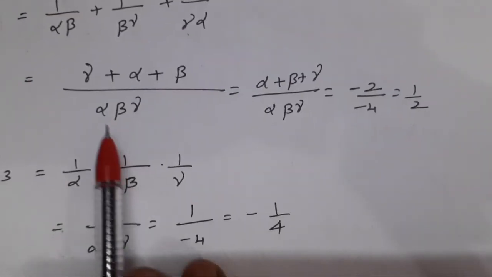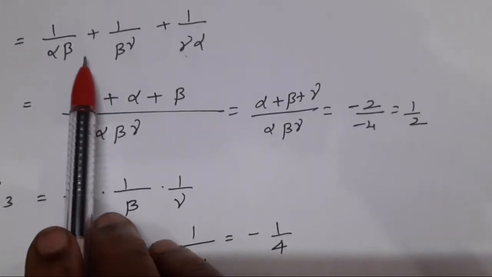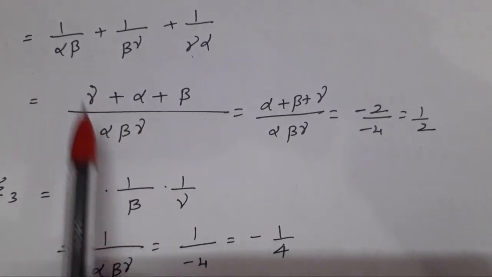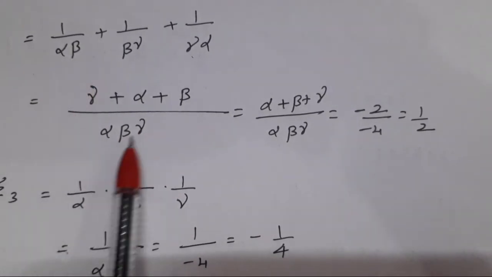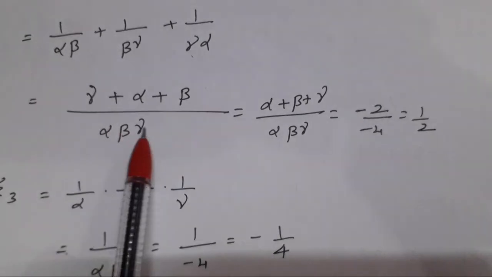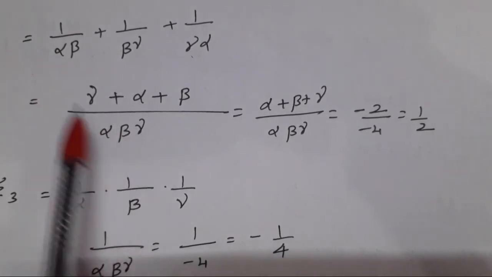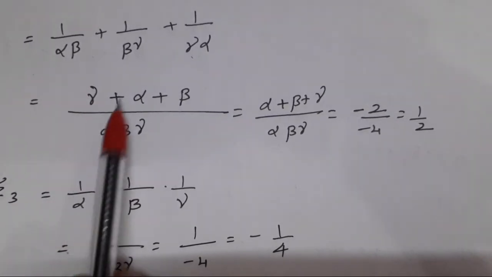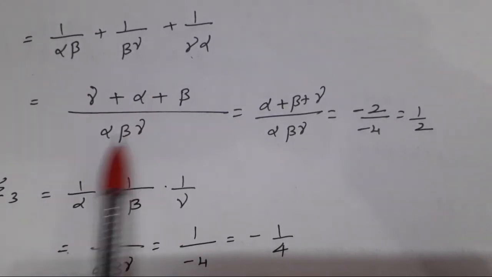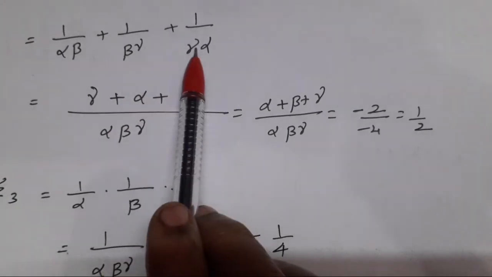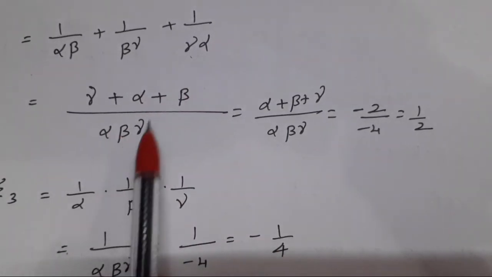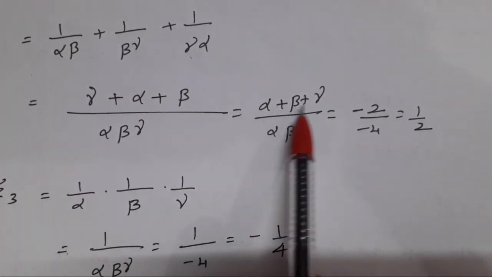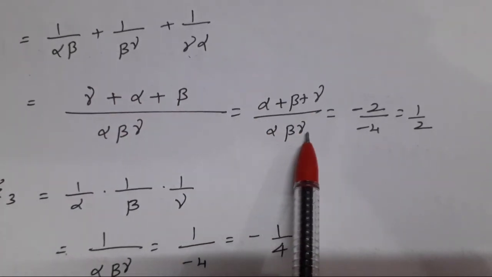Again similarly we take the LCM for this one, because what is the LCM? Alpha beta, beta gamma, gamma alpha. Alpha beta gamma is the LCM for you. Here the denominator is what? Alpha beta. Comparing the denominator with the LCM, here alpha beta gamma is the LCM. Alpha beta is having, which one is missing? Gamma. Plus here beta gamma, beta is having, which one is missing? Alpha. Here gamma alpha, gamma alpha is having, the balance is what? Beta. Therefore you arrange it, what happened? Alpha plus beta plus gamma by alpha beta gamma.